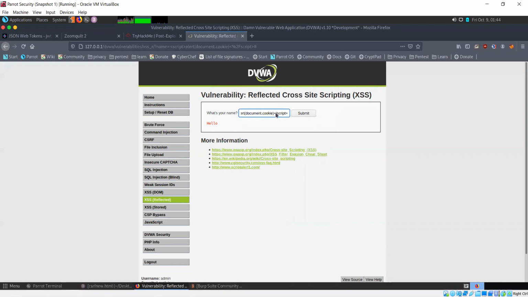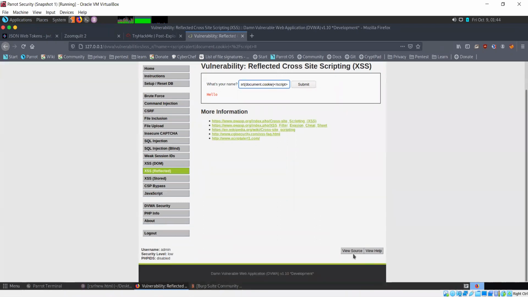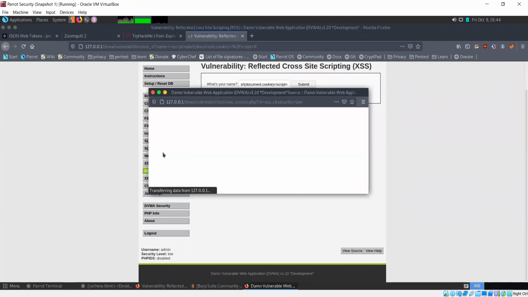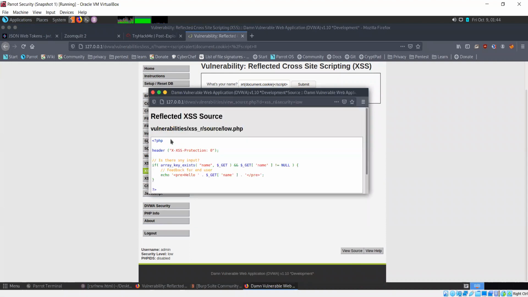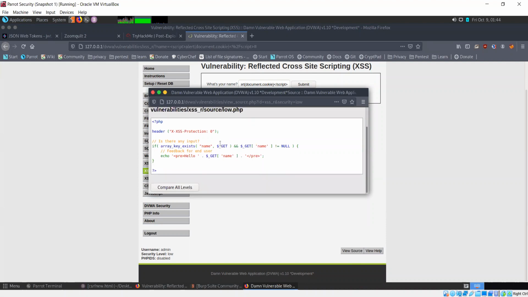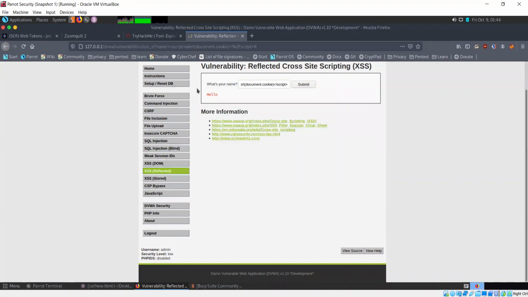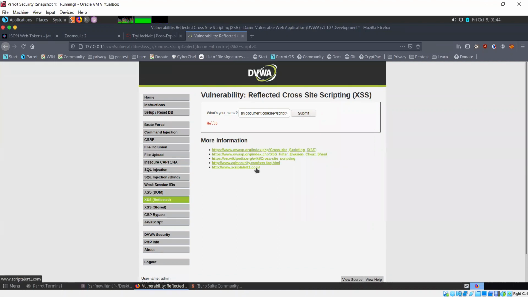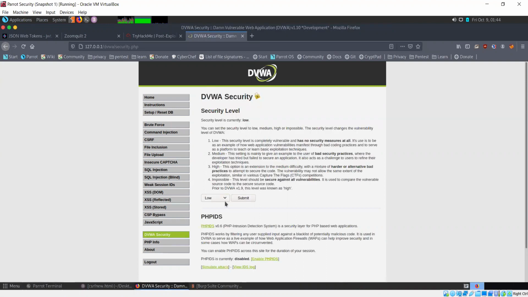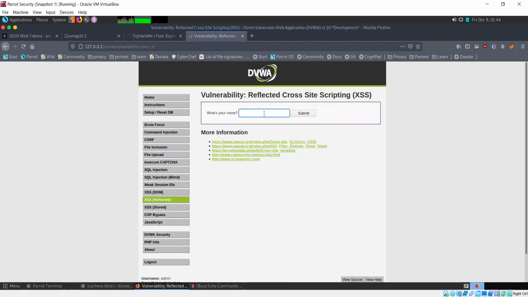So this is one example of cross-site scripting because there is no input validation happening here. If I take a look at the source code, let's try the same thing again, see whether it works.